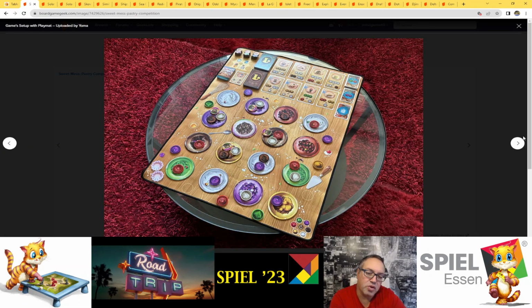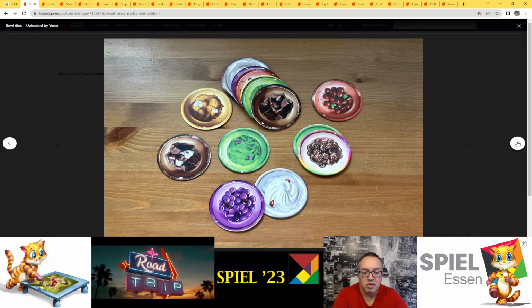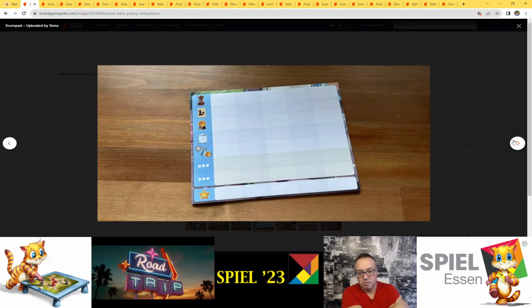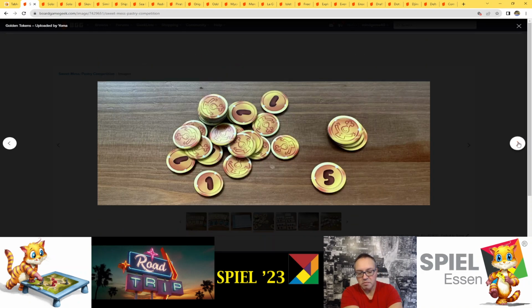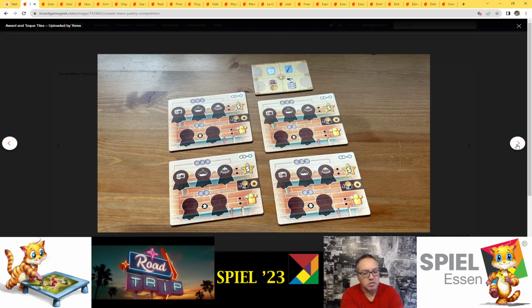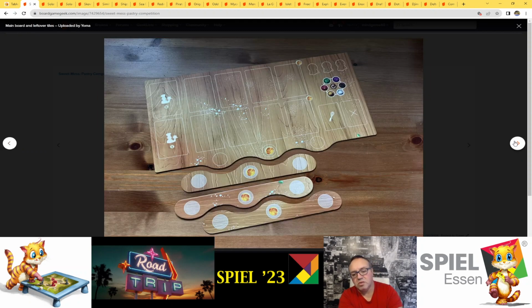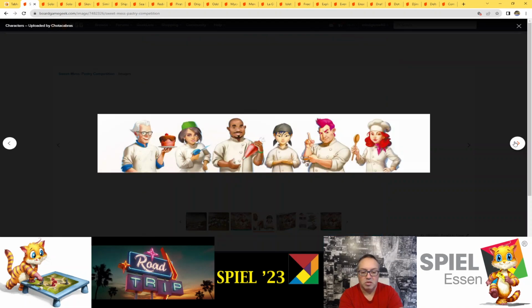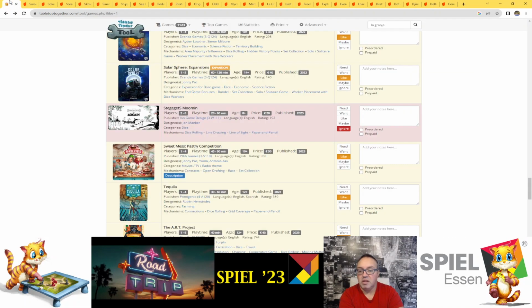It does look beautiful though. So let's play mat again. It is. All these play mats. Little chips. Cards. Your own playboard. Some coins, some cards. Oh, some cards. Oh, this is interesting. Yeah, some more components. That's very nice. The next game is